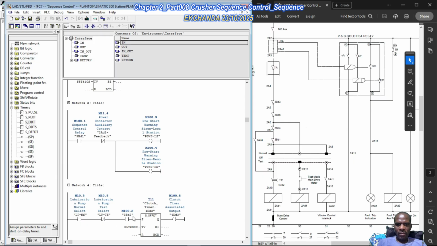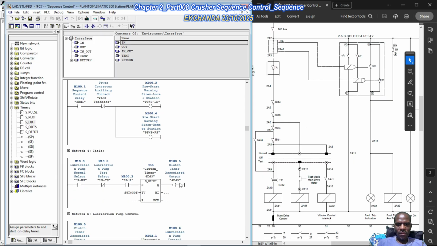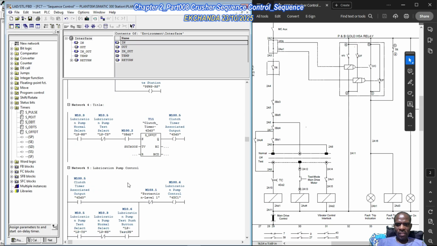And then 3BD2, assuming the lubrication pump is in the normal select, then 3BD2 is true, clutch timer as an off delay timer, so 4DD3 is going to be true, and the only thing we'll need is